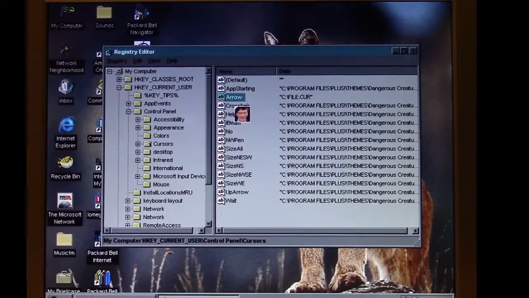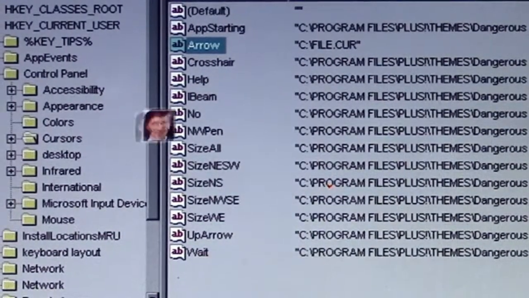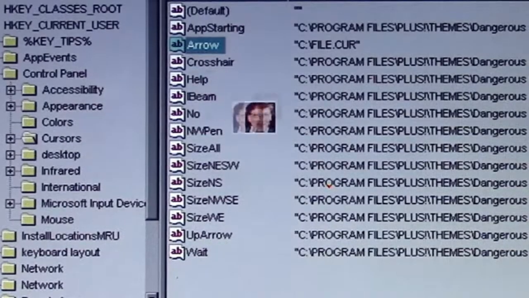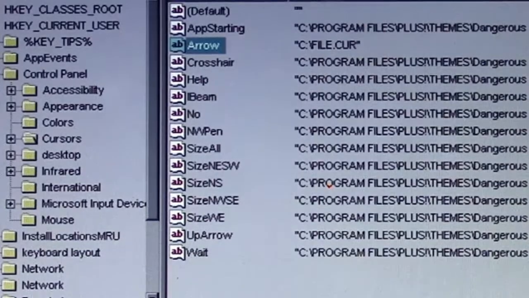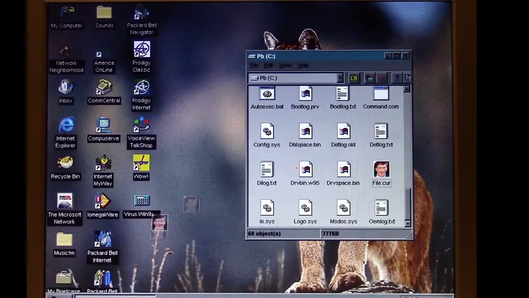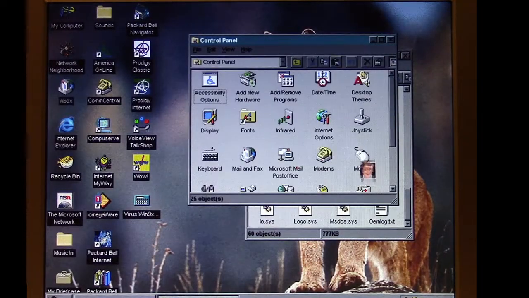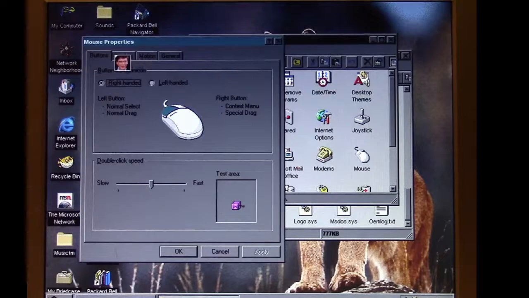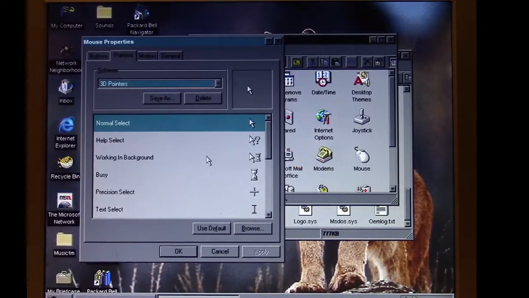And here you are, there's the default arrow, and it points to c:/file.cur. So when you reboot Windows after Atom has run, the registry entry will point to that, and it will replace the default cursor with this image of Bill Gates. Now this is of course pretty simple to fix. We can just go into our pointer scheme, and we can just change it to a different pointer